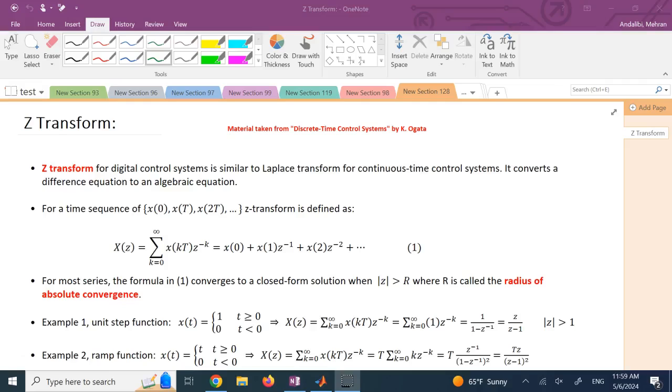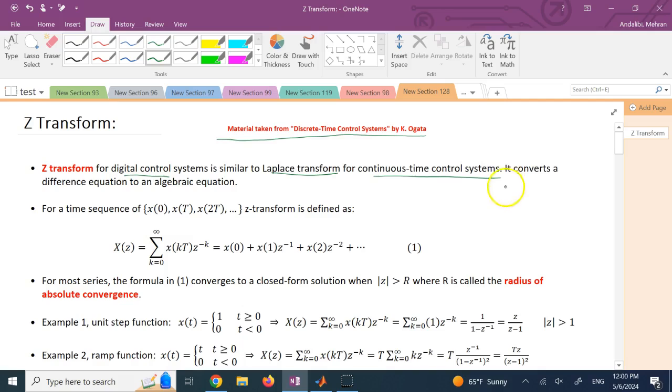Hello everyone. In this video we are going to talk about Z-transform and of course the inverse of Z-transform. The material again is coming from Discrete Time Control Systems by Katsuhiko Ogata. So Z-transform for digital systems is the equivalent of the Laplace transform that we learned for classic control for continuous